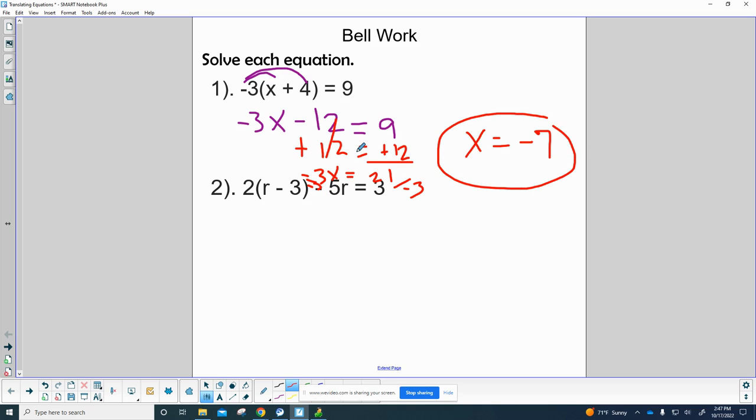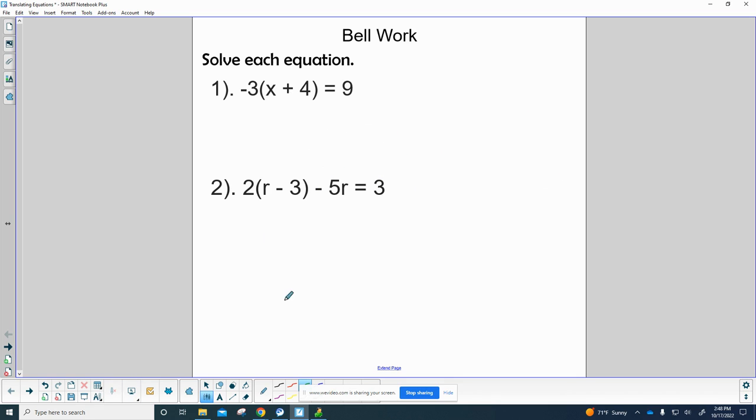So there's an equation that we had to solve using the distributive property. Now here's one where you had a little bit more going on. So let's clear our screen off and try this one. So here we got to use the distributive property, 2 times r and 2 times minus 3. That'll give us 2r minus 6 minus 5r